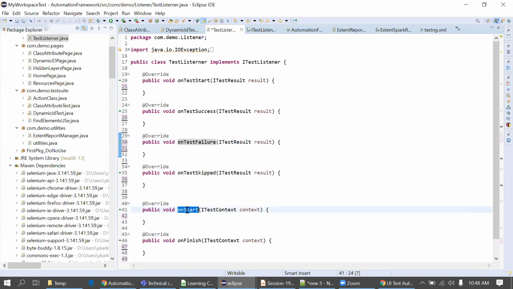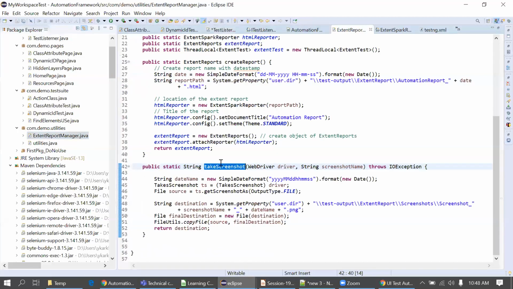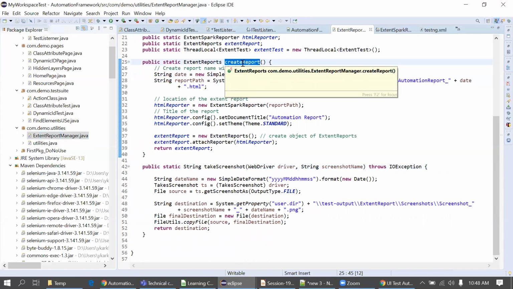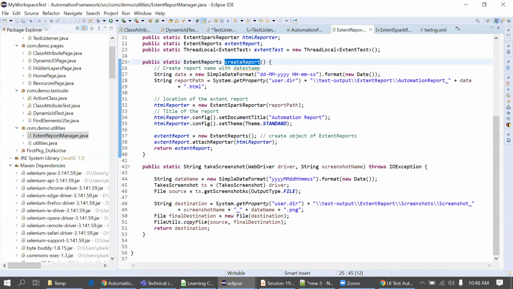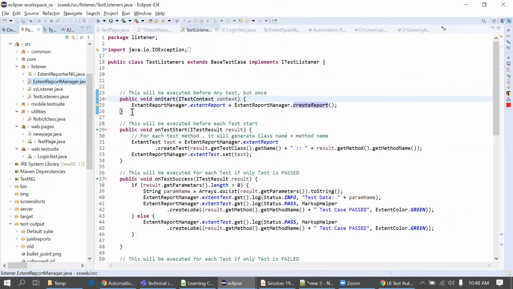So at onStart, I'm copying the code to initialize it, the createReport from the ExtentReportManager. This method we have to call in the onStart of the listener. I'm just looking at the old code.